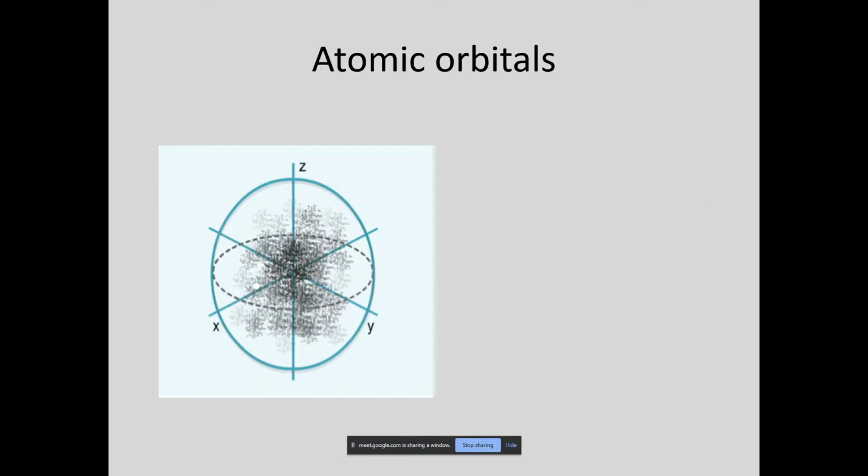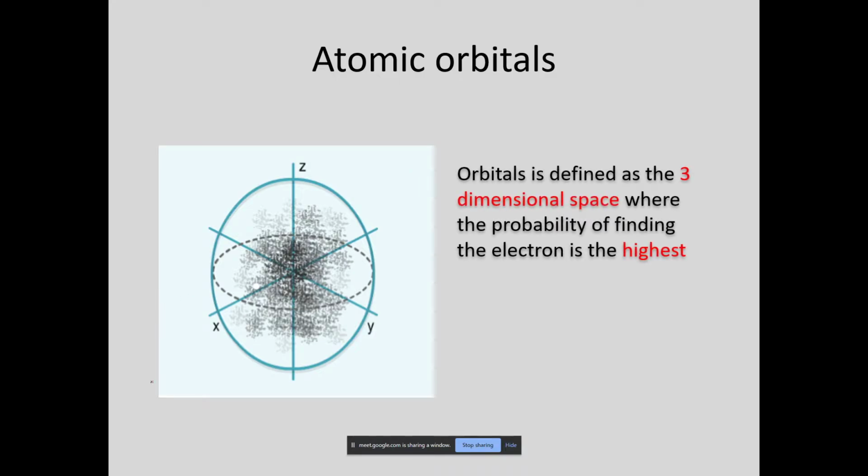So let's see the definition of atomic orbital first. Okay, atomic orbitals is defined as the 3-dimensional space where the probability of finding electron is the highest. Okay, so an orbital, nanti you guys akan tengok ada bentuk orbitals yang macam, contohlah bentuk orbital yang macam ni. So maksudnya that